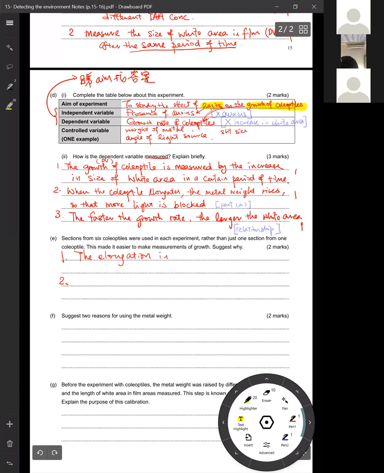the elongation in 1 coleoptile is too little. Therefore, using 6 coleoptiles can make the change in length more obvious